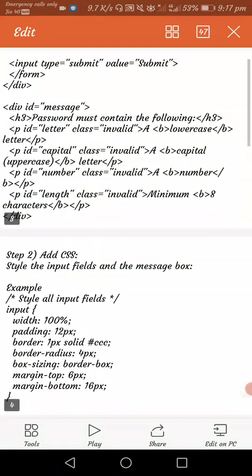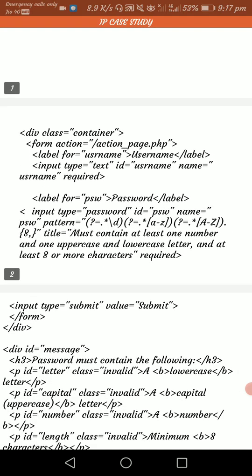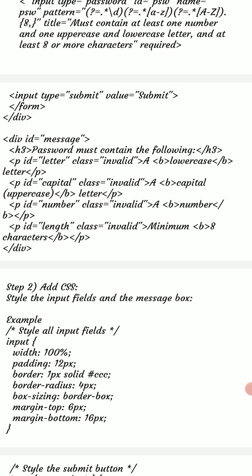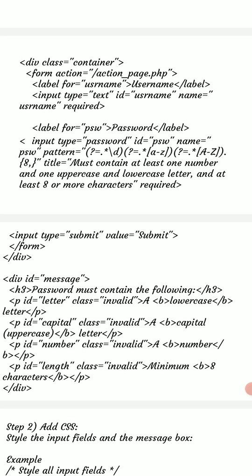In that, first we have to create an HTML web page. In this, first a div with class equal to container, and the label for username and also the label for password, and we have to give the condition that the password must contain at least one number, one uppercase and lowercase letter, and at least 8 or more characters. These are all the requirements of the password. And also submit. If we give the input value in the username and password, then we have to click the submit button so that it shows whether the password is correct or not, and that the password must contain all these conditions.